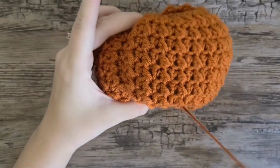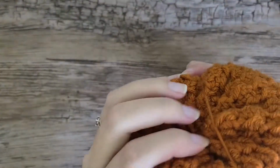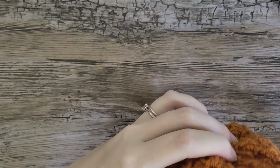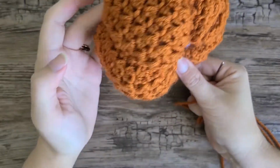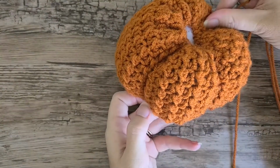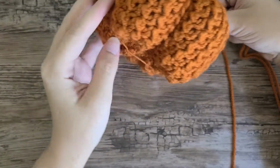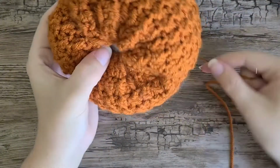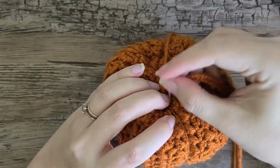I'm going to do the same thing. I'm going to wrap it. And what you can do before you even thread it through, see how I haven't threaded it? You can pull it a bit tight and just kind of hold it there and double check to make sure that you like the way that looks before you commit to it. Okay, so I like that. I'm going to go ahead and push the needle through the bottom